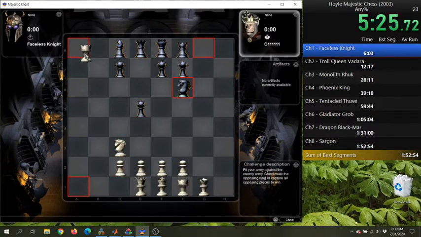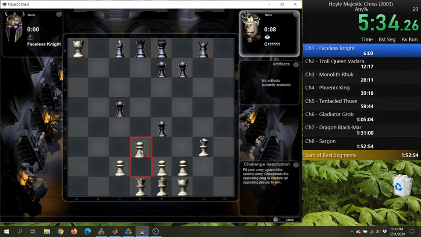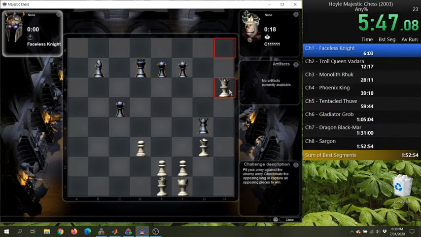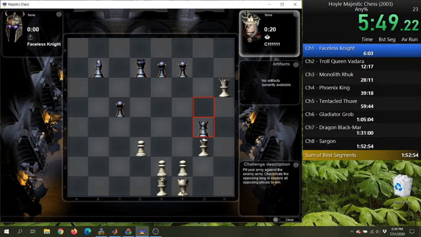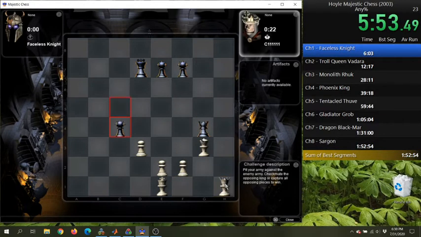Yeah, and one of the ways that you gain time in a run like this is by starting the missions without your full army, as they call it. Blast.